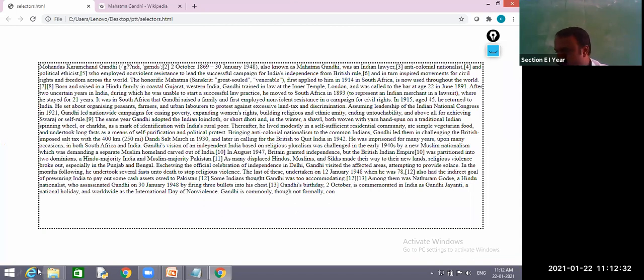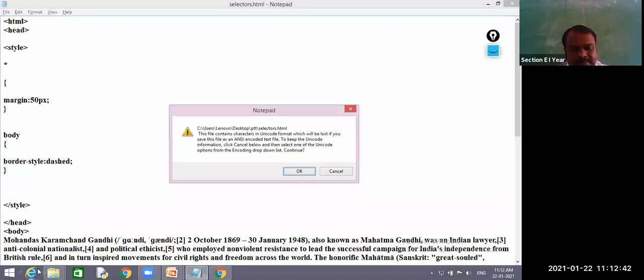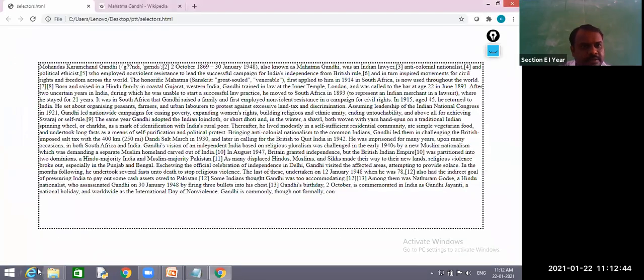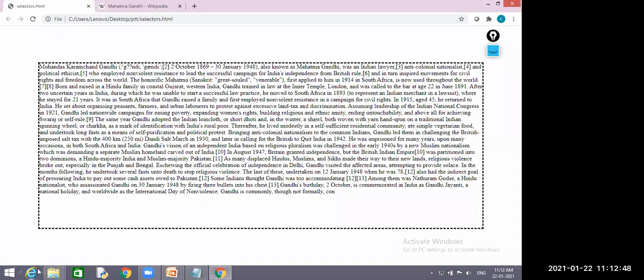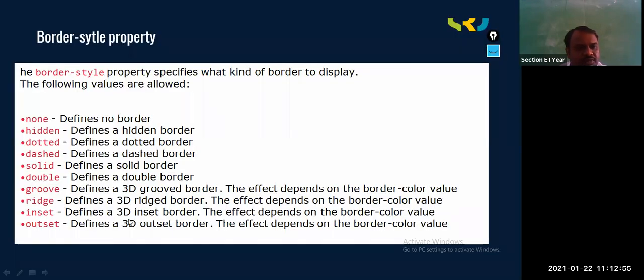And I want to change this dotted line to dashed line. And can you see dashes in place of dots? Yes, sir. Next, one more thing, solid, just now I have shown. Now we will go for double.